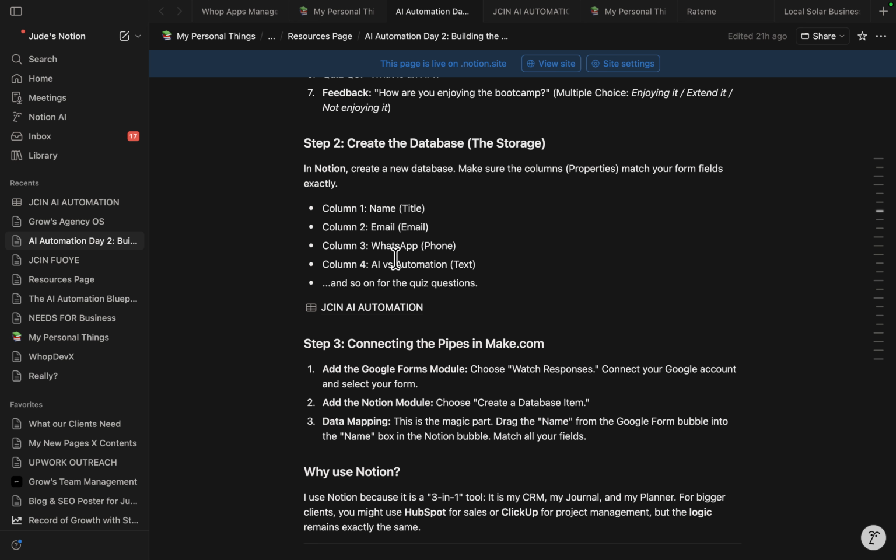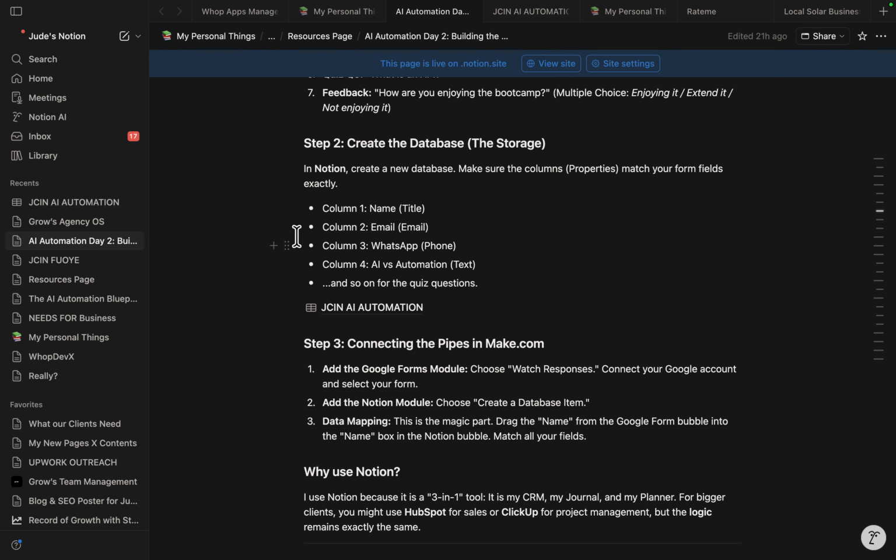Yes. Okay, so let's continue now. Now the next thing we are supposed to do is to create our database. We want to create the place where, when the students send in their details, we want to save it, and we want to set it up so it can readily receive the details we are sending to it.